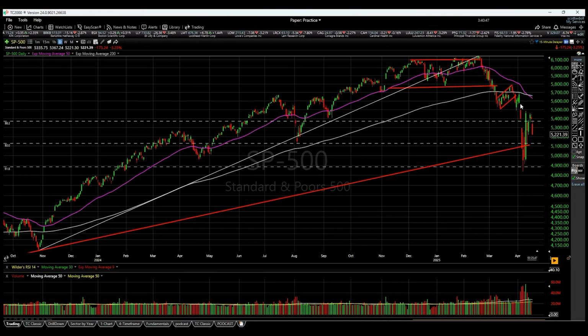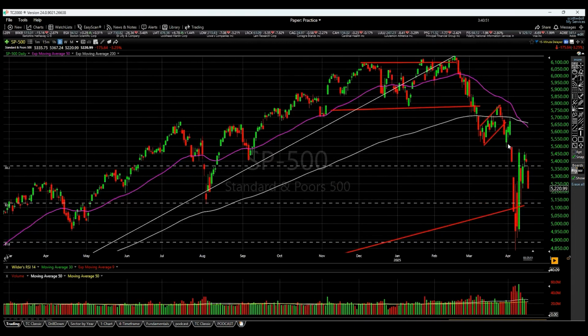Now, on the way down, the S&P 500, we'll use this as an example of the market, made two gaps, and I'm going to blow this up so we can see it. So it gapped here and it gapped here. Gaps are very bearish when you see them on the downside. There's an old adage: the market typically fills its gaps in 3 days, 3 weeks, or 3 months. I've never really researched the validity of this, but I will say that it takes a lot of momentum to fill gaps. When you have gaps on the downside, they're bearish.